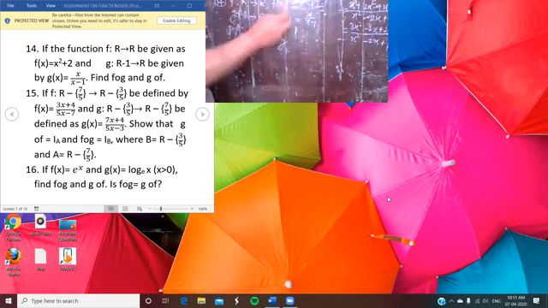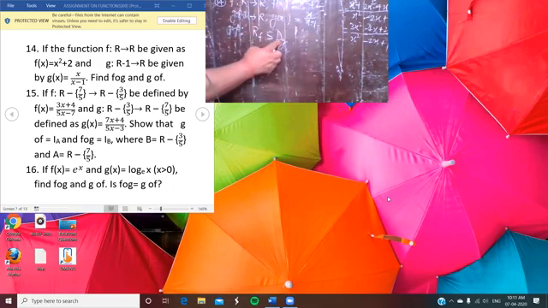So that will be 2 to infinity. And if you are talking about the domain of g, that is R minus 1. So no doubt the range of f is a subset of the domain of g, which is true. So you can say that the gof function exists.